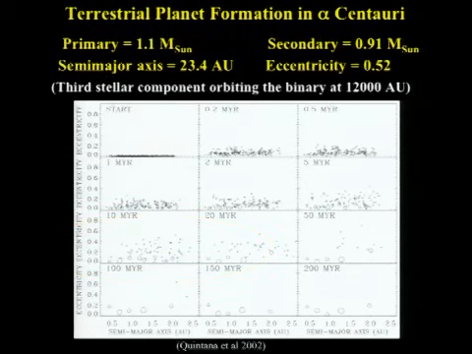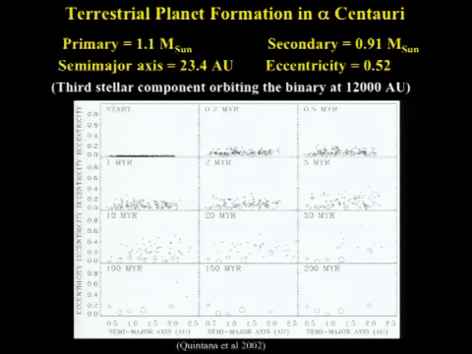Jack Lissauer did a good job explaining some of the results they got for terrestrial planet formation in the Alpha Centauri system. This is one of their simulations, and as he explained, they put several moon to Mars size objects and let them interact with one another, and within a couple of 100 million years they were able to show that simulations result in terrestrial planets. Some of these terrestrial planets are stable, some not, but in general it looks like the idea works.